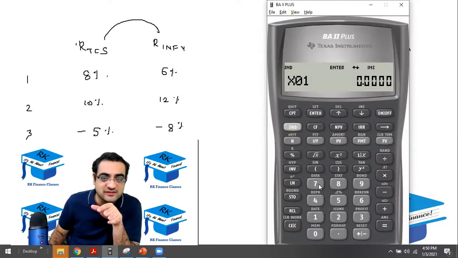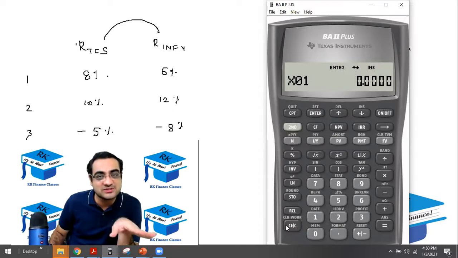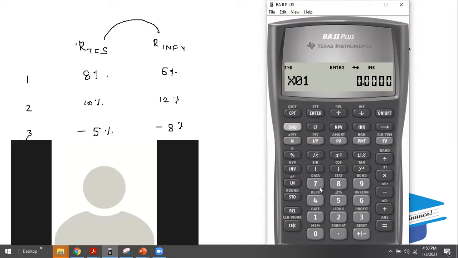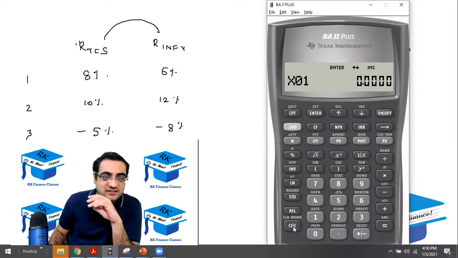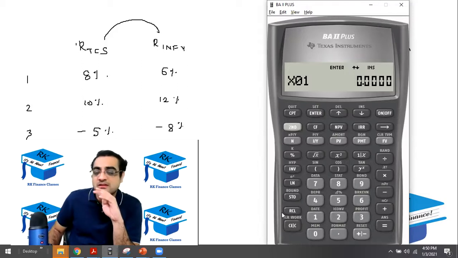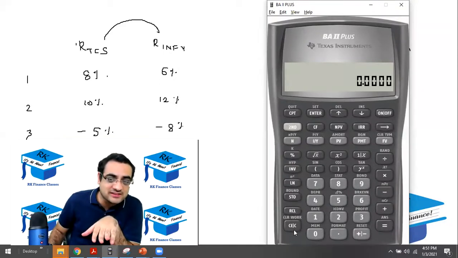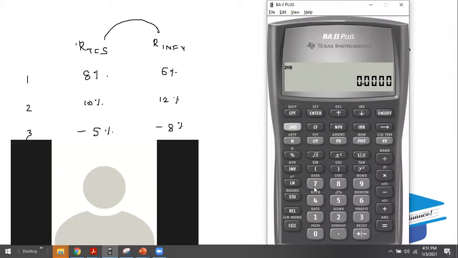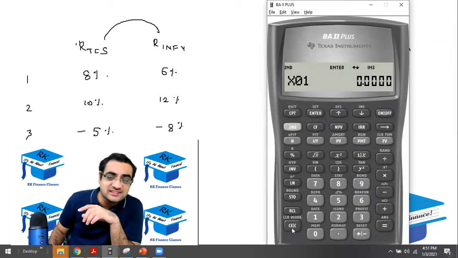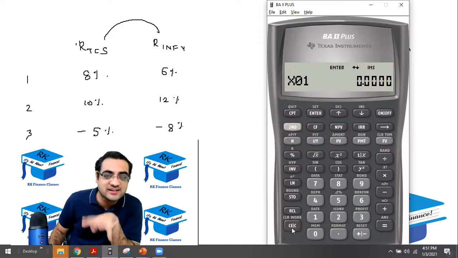It's not coming X01. One more time. Second 7. And then press second and CC. It means you don't have to press them together. You can press second and release, then press CC. Okay, sir, wait. Second 7, second CC. Done. It's not coming, sir. How is it not coming? Are you pressing CC? Then it will go like this. You might be pressing just CC. Yes. So you have to press second 7 and then second CC. You don't have to just press CC. You have to press second CC.